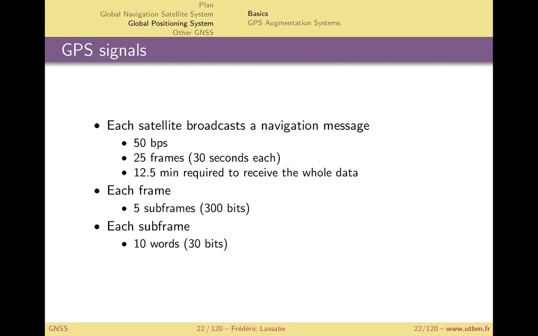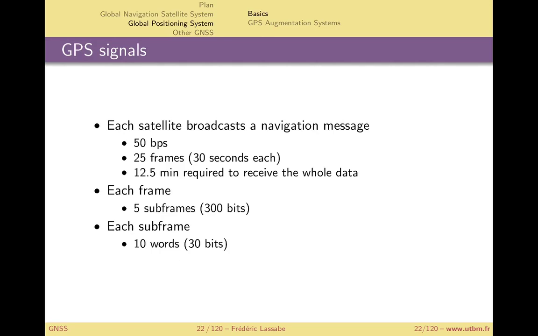Each satellite message is composed of 25 frames which last 30 seconds each, which means that to receive the whole data it requires 12.5 minutes, which is long when you